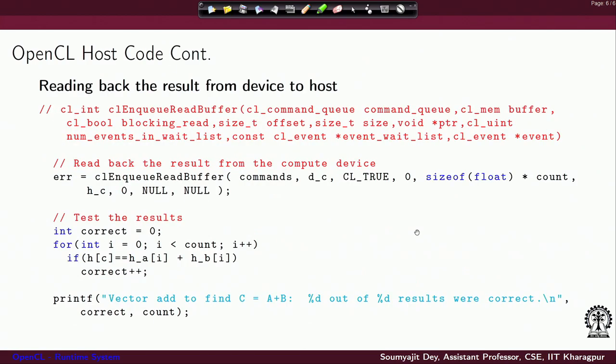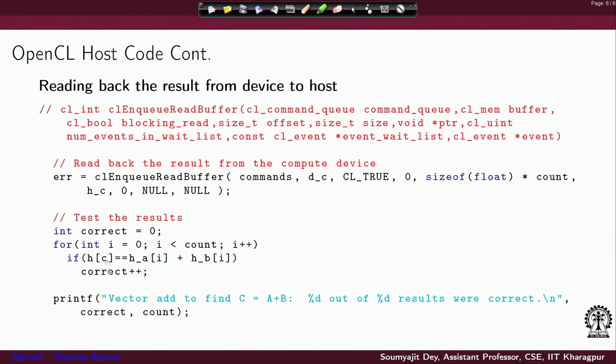So at this point we know that after the kernel's execution, if we include a read buffer command, then once the kernel execution completes, I can get the data in DC and transfer it back to HC. So that read buffer command is now enqueued in the command queue. Again you see that you don't directly read, you enqueue the read command in the command queue. You have some small test code here for testing whether the values are really correct after the execution in the OpenCL runtime.